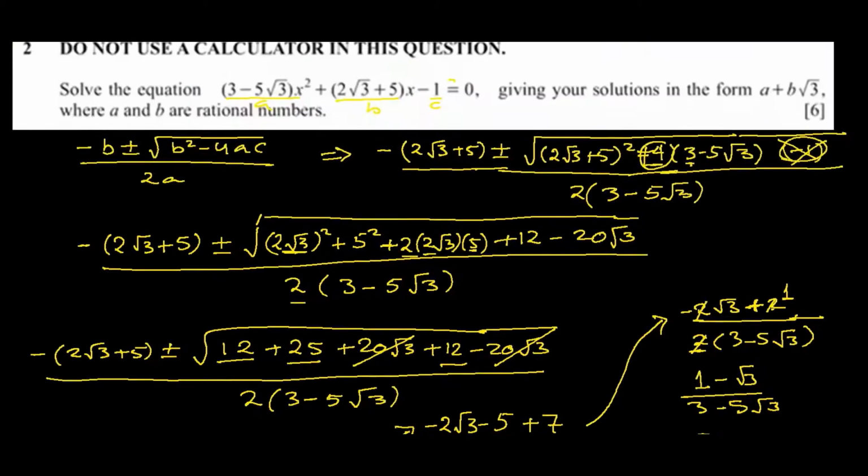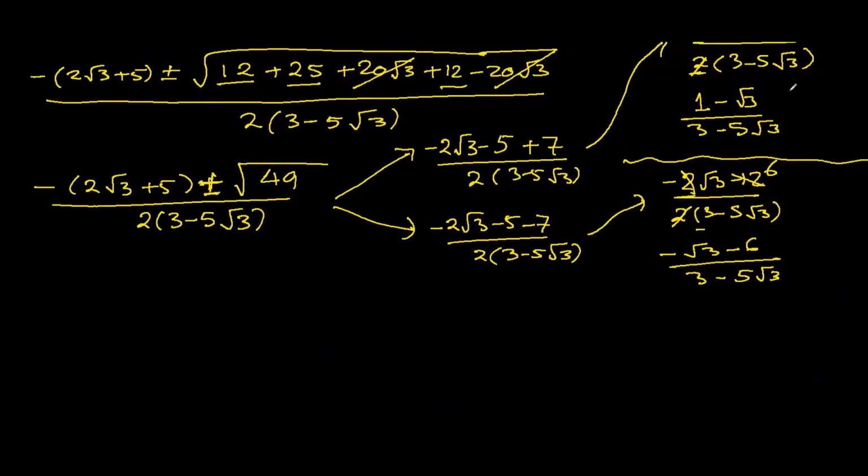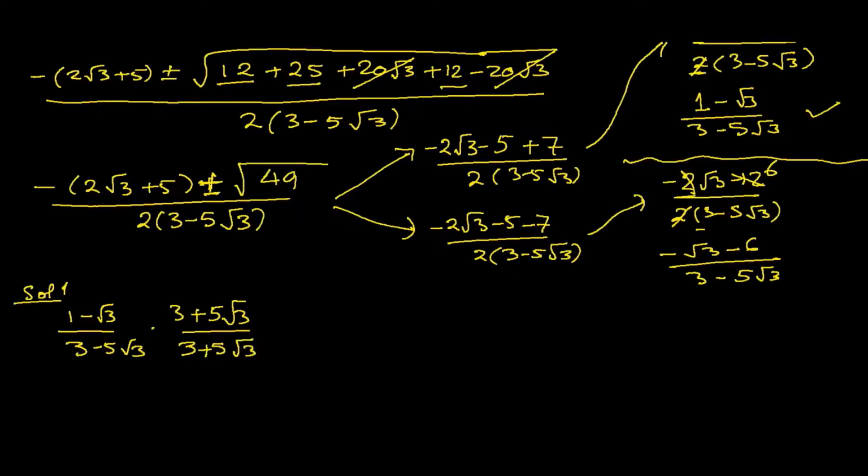Now let's look at our question. They said give your solutions in the form of a plus b square root 3, and that's what we should do. So let's convert this one first. So solution 1 is 1 minus square root 3 over 3 minus 5 square root 3. Be very careful at every stage. I'm reminding you again. Surds, people think them to be difficult just because they do not take care while copying things. Okay, so now I have to